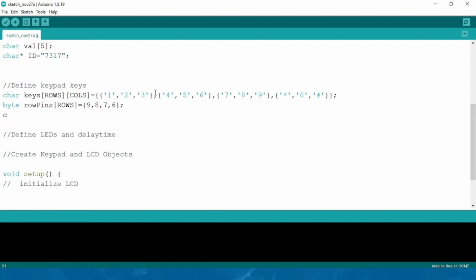And then down here we're also going to define that of columns. So column pins on this column, and then it's also an array, so we are going to pass in 5, 4 and 3. So these are the pins we are connecting to. Okay,